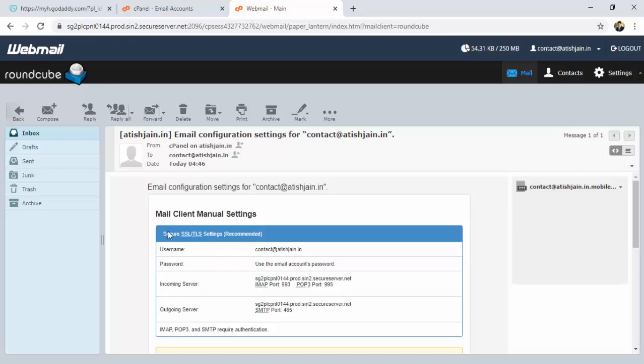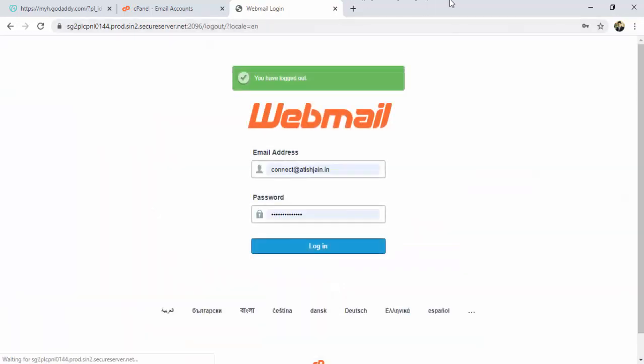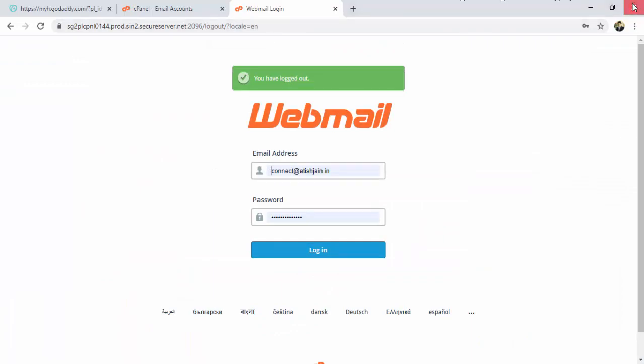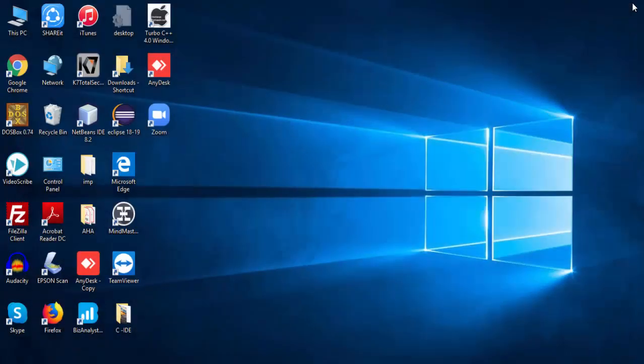These settings are useful whenever you want to connect your business email with Gmail. As of now, I'll close everything, log out from this webmail, and close all these windows.